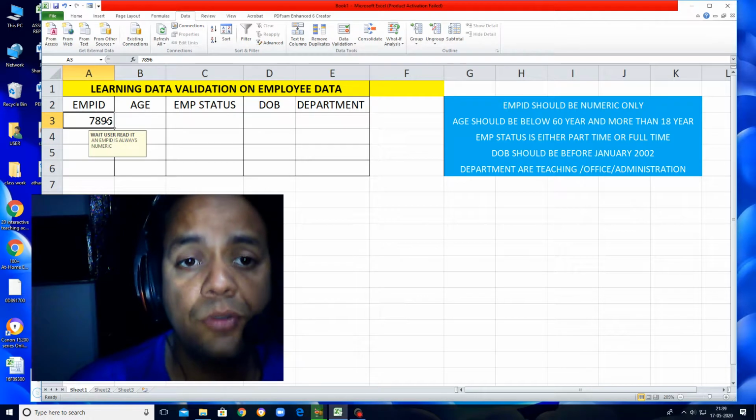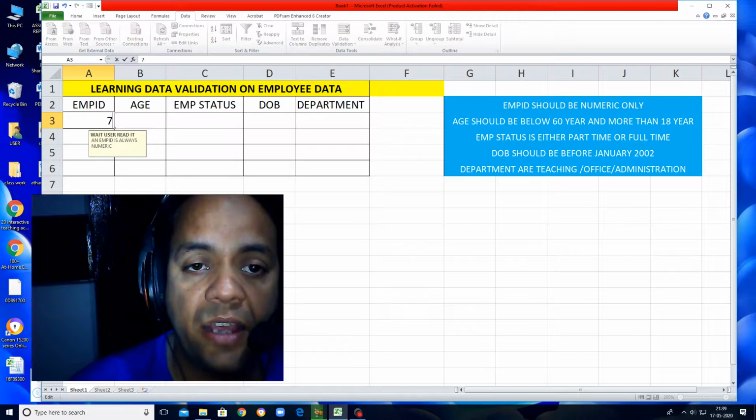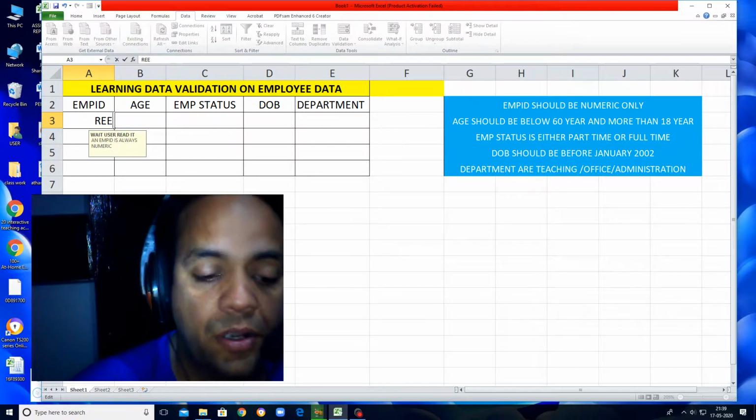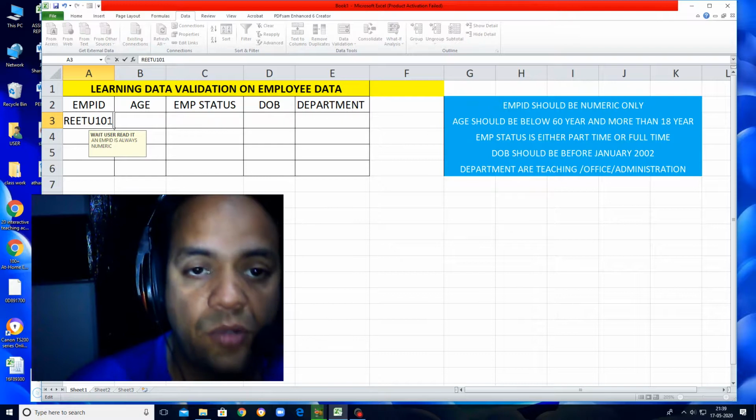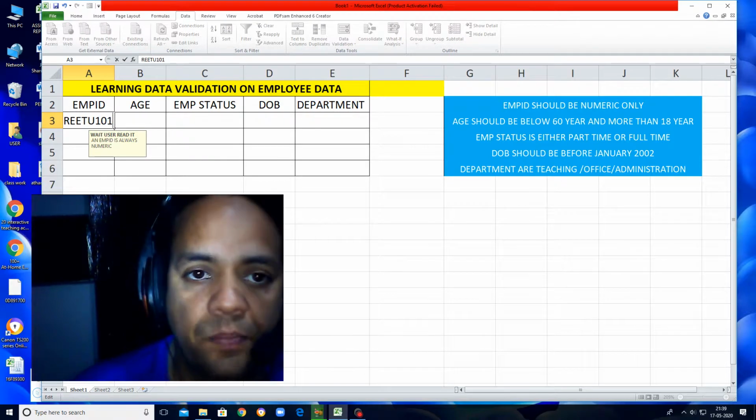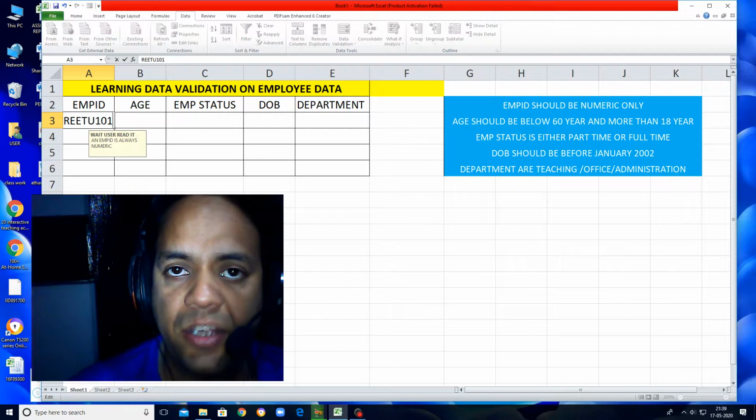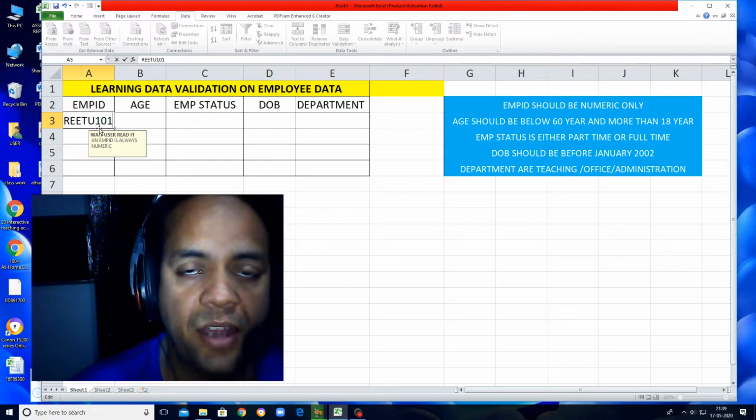Now I show you the demo of entering a wrong employee ID which has some alphabet. Suppose Ritu101. Will it work or not? Is it a pure number or a mixed value? It's a mixed value. But what rule did we specify? Whole number.